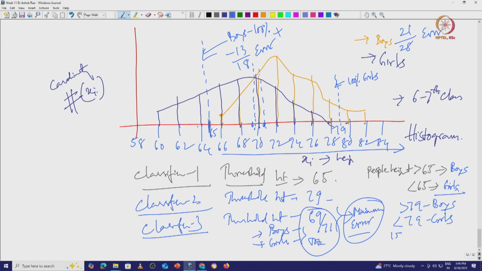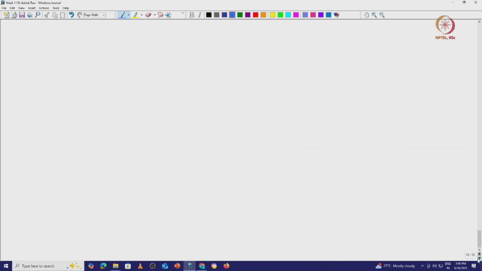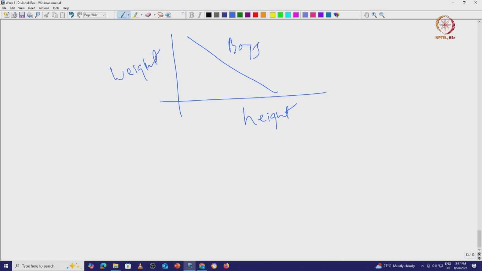Can you get 100% accuracy for both? Not with one feature, maybe you need to look at multiple features. For example, in the same problem, you had height as one feature, weight as another, which means you have to measure the weight of each student. You may end up getting something like this because it is 2 dimensional. So, the line classifier will separate boys and girls here, and there may be some error, it is possible. So, you may actually improve the accuracy to about 90% correct.